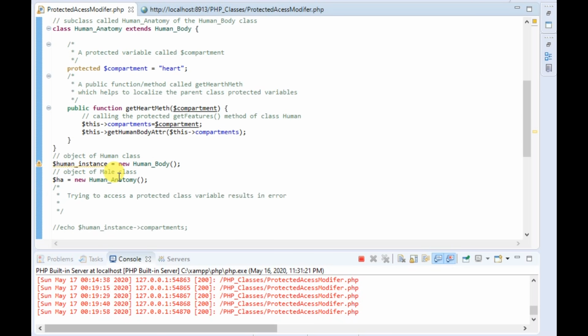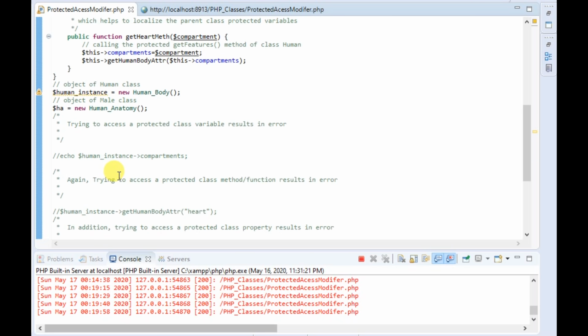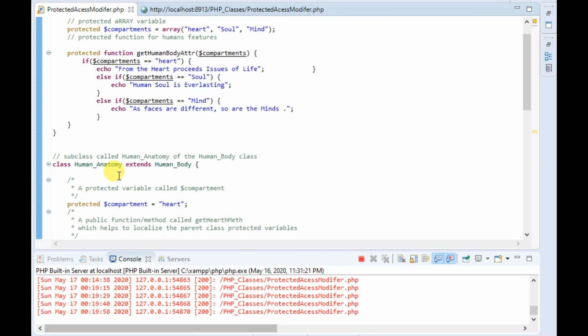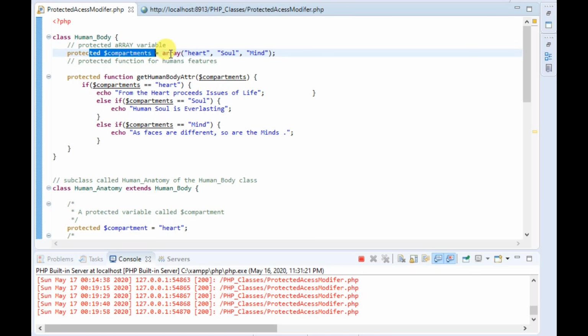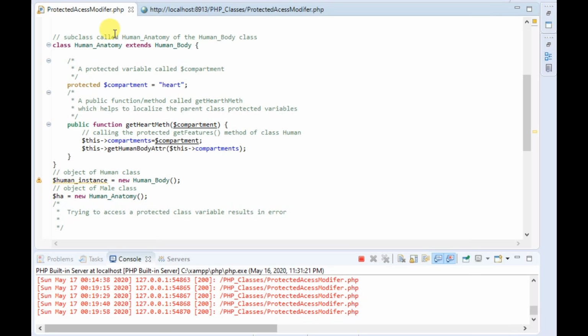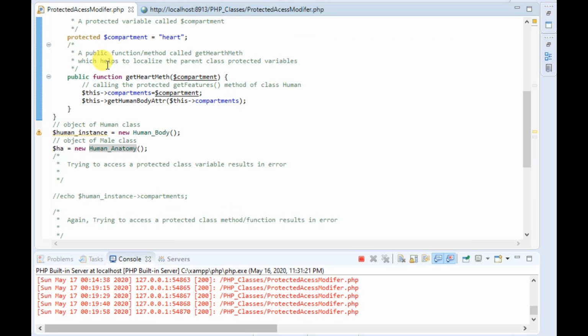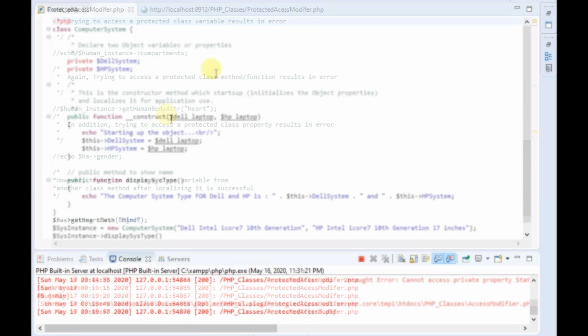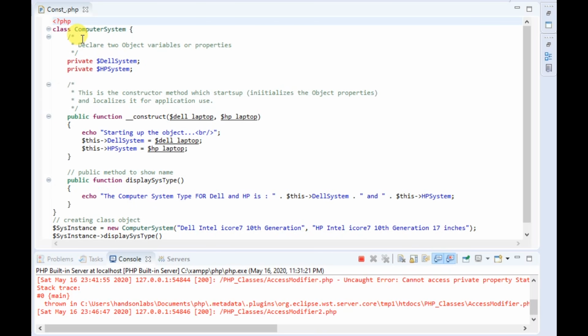So what we've successfully done now is that we've been able to access a protected property and method or function, okay, in a new class called human anatomy. Now let's take a look at the constructor class. We want to see how to use constructor function or method rather. Now in PHP we have